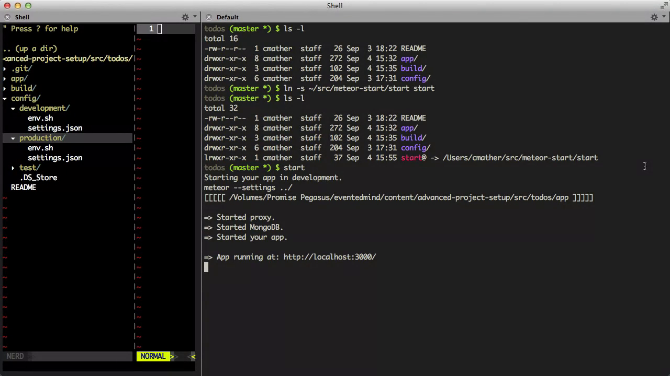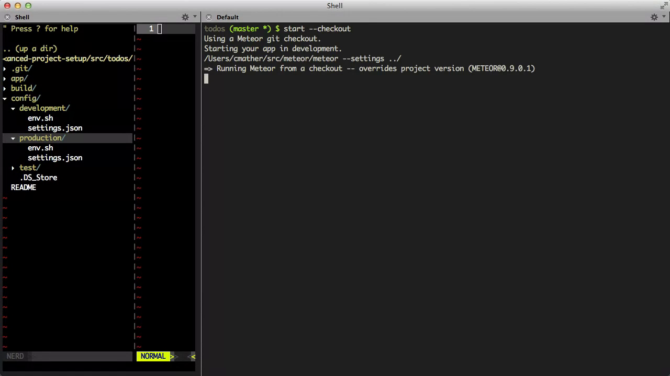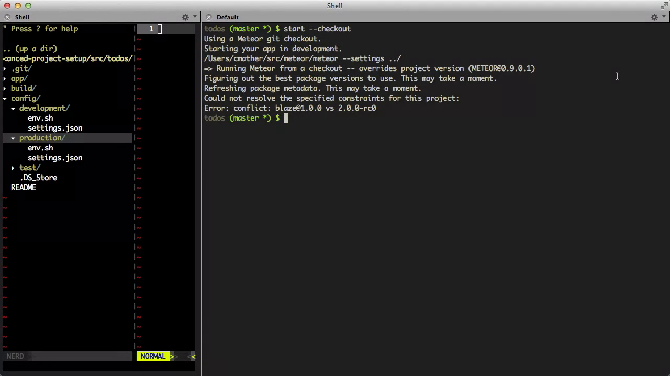Now let's say we want to start up our application using a git checkout of Meteor. To do that, we can provide a new flag to the start option, which is checkout. And this will look for the Meteor git checkout and start our application with that. Now this requires that there be a METEOR_SOURCE environment variable set with the source location of Meteor. But by default, it assumes that Meteor is located in source Meteor,